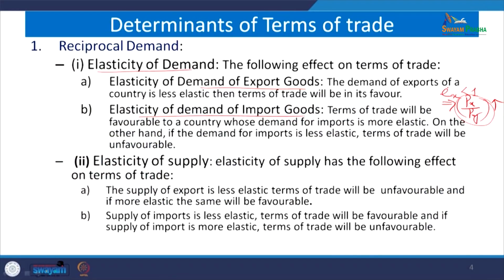Similarly, for the elasticity of demand for your imports, the terms of trade will be favorable to a country whose demand for imports is more elastic. Suppose we are importing and that demand is very elastic in nature. That means if price increases, now what is going to happen? It is just the reverse. If your import demand is very elastic,